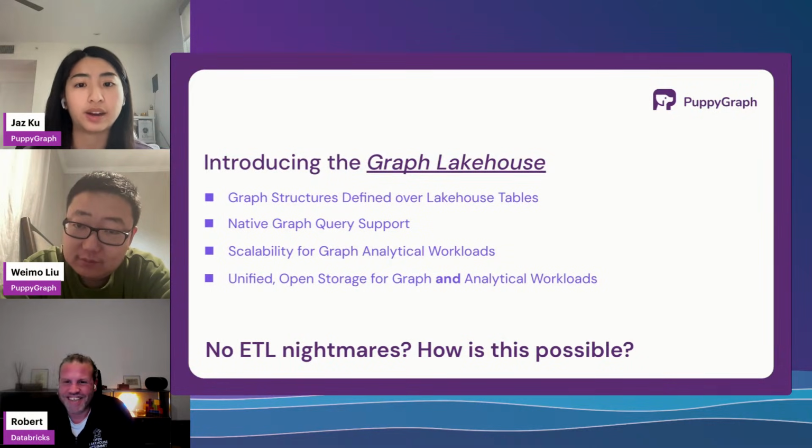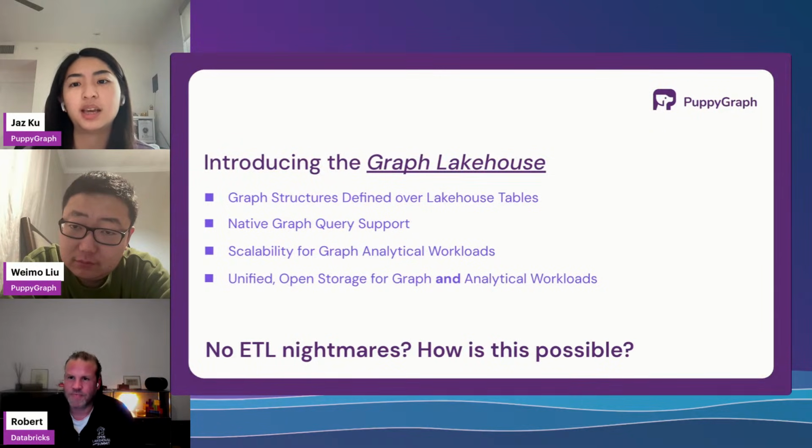It's really a simple concept actually. It's basically defining graph structures over your lakehouse tables. And so if you've ever thought your tables look suspiciously graph-shaped, now it's really easy to test out the hypotheses because you can map your tables as nodes and edges, and you'll essentially get this logical graph over your tables. And because you have this graph engine, you now unlock native graph query support. So you'll have access to Cypher or Gremlin, and these are very popular graph query languages that have syntax and semantics that really support graph traversals.